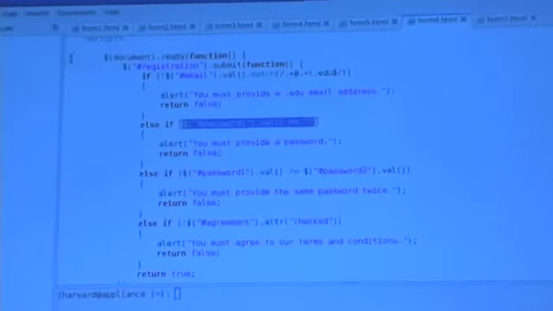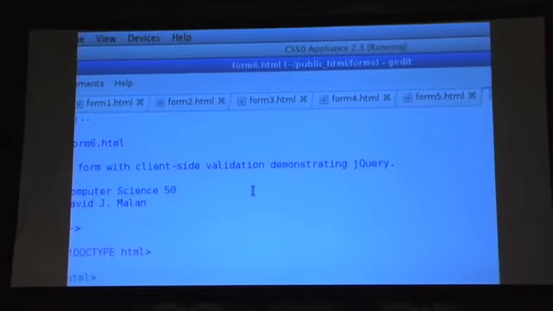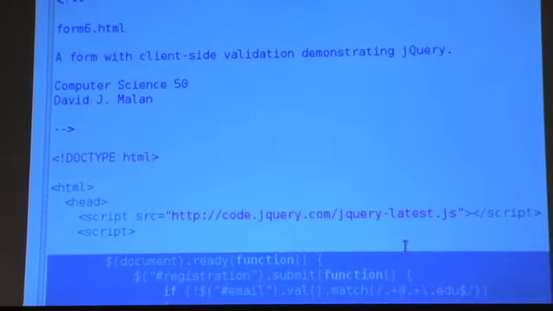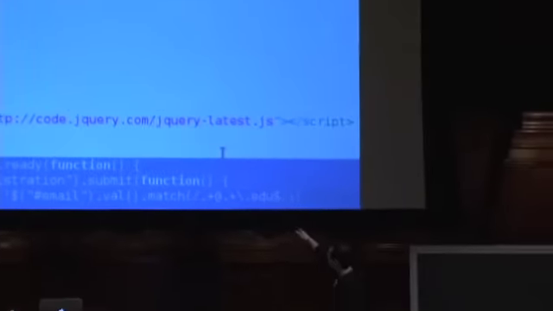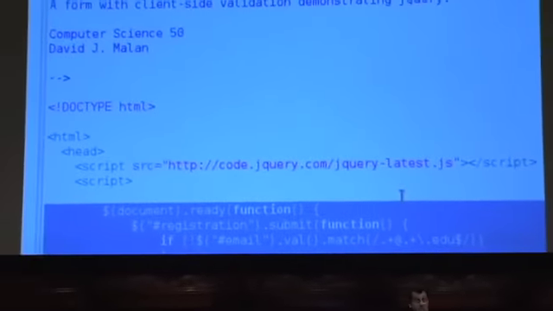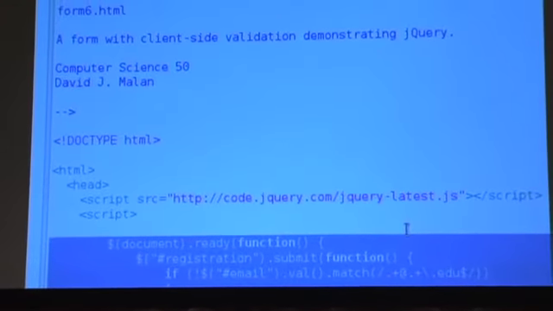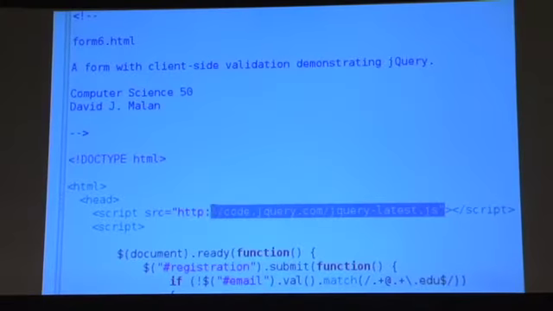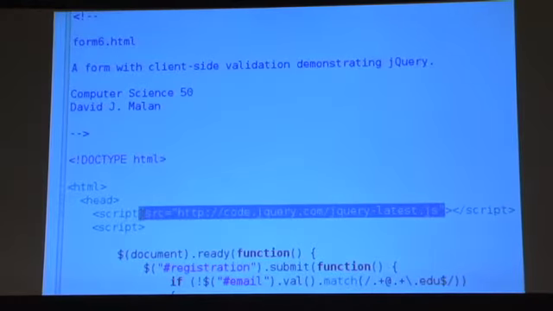So just as the jQuery folks factored out all of their huge source code into a separate file called jQueryLatest.js, so could I do that. I could highlight all this as I've done, click Command X to cut it, paste it into a new file called lecture.js, and then include lecture.js with another script tag with a source attribute like this in order to actually factor out my code entirely.